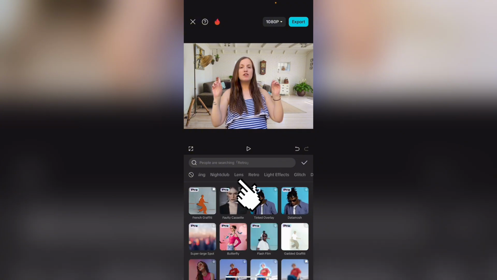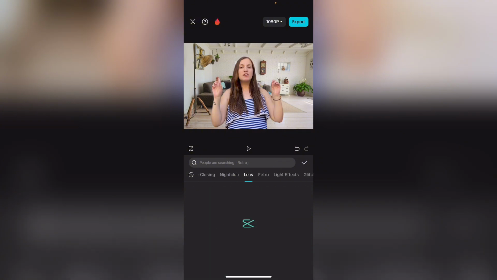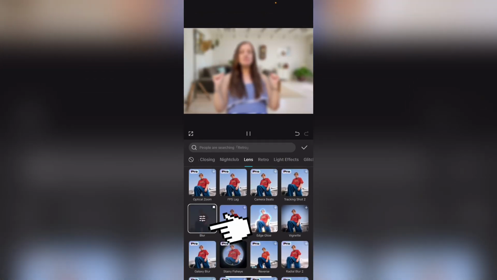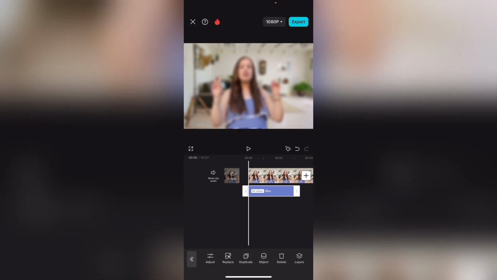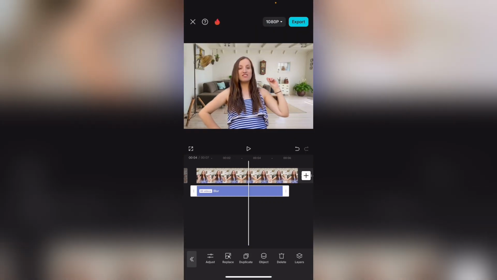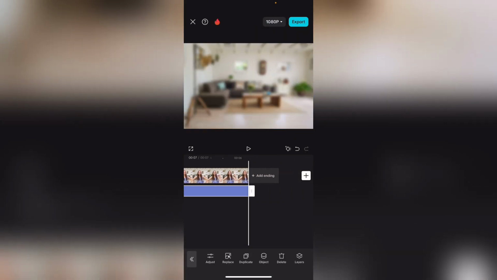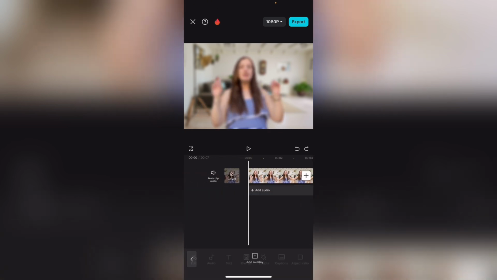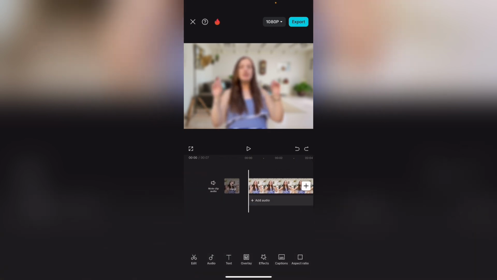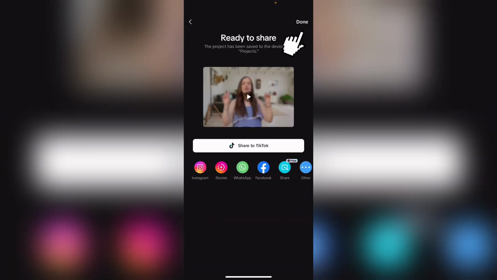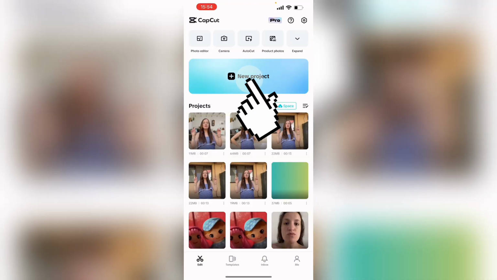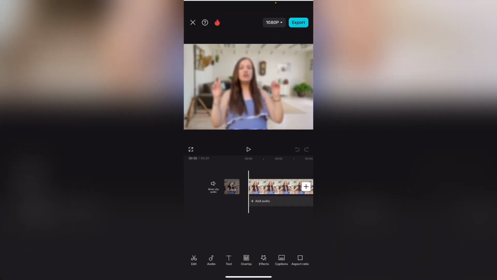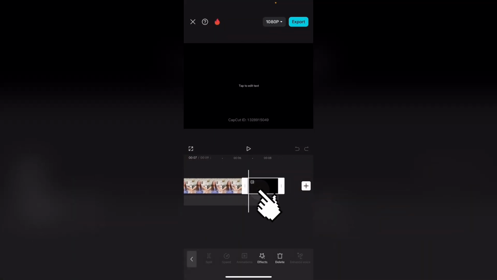You go to Lens. And you need to find the blur lens, blur effect. Okay, now you need to extend your blur all through the video, like this. Now what you need to do is to export the video. Done. And now again, new project, add the blurred video, remove the CapCut logo,